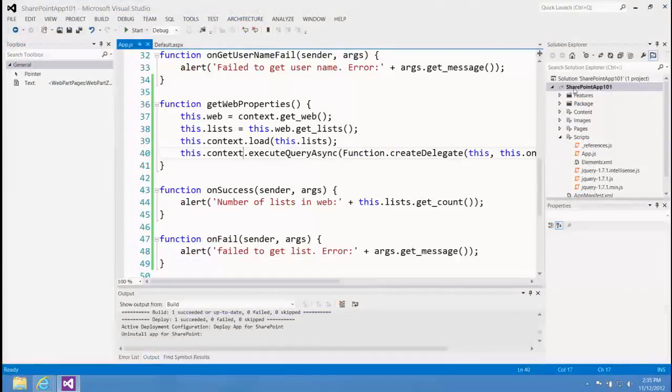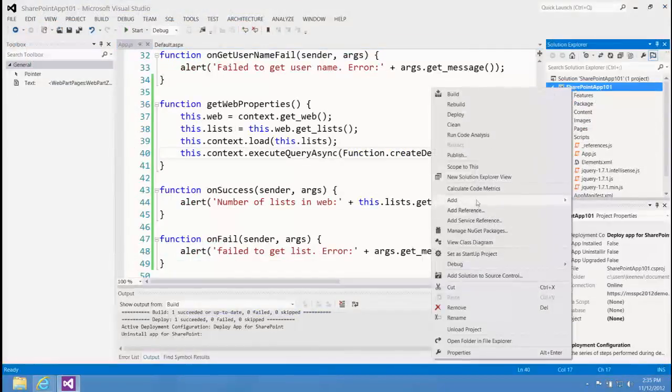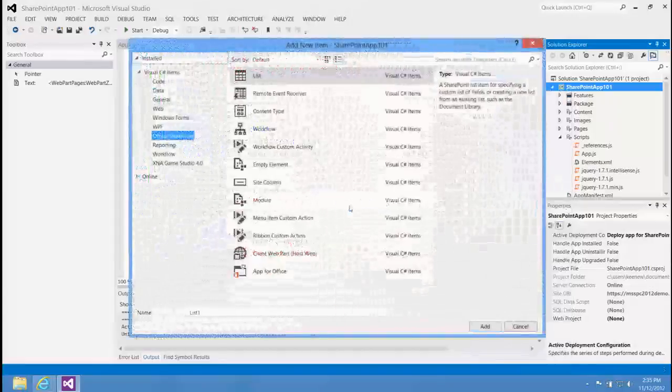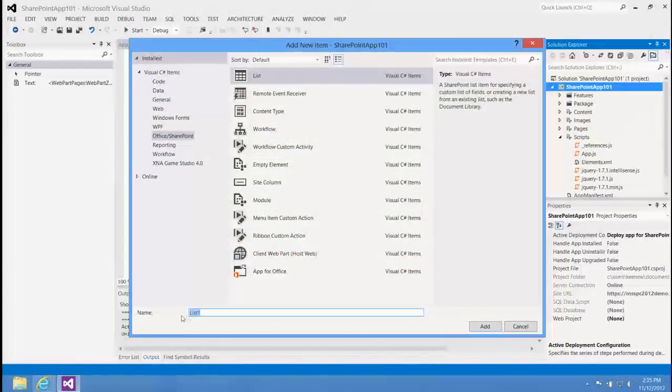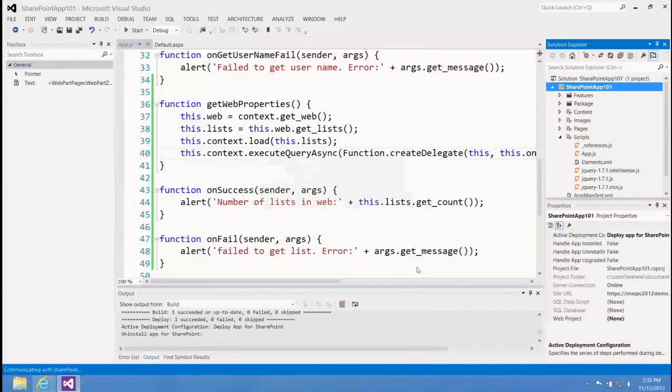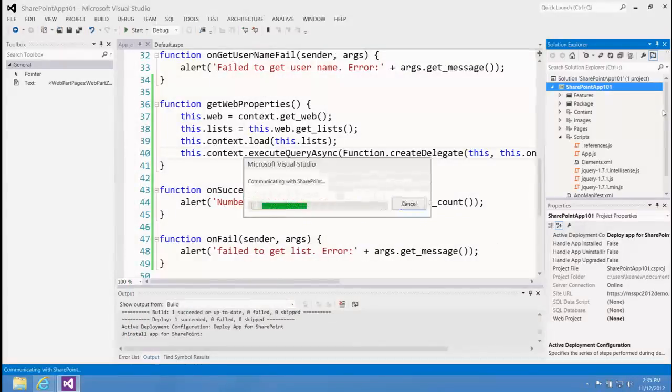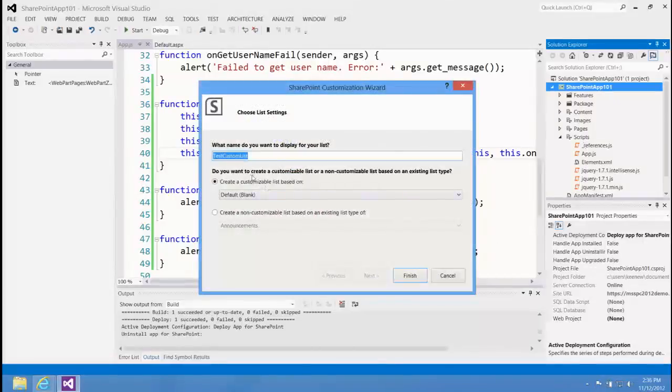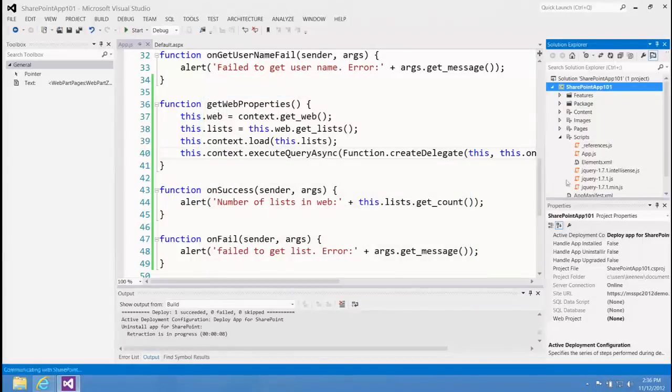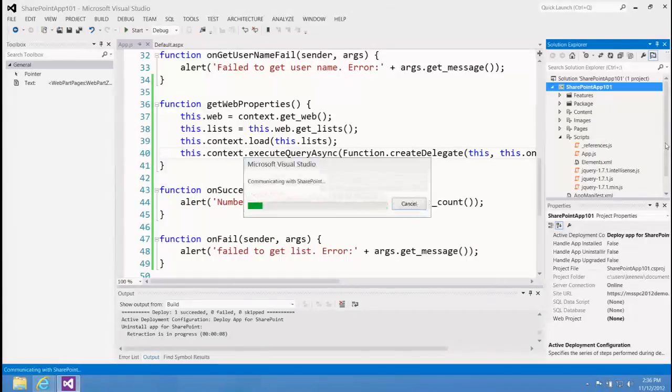I'm just going to go to Add, New Item. We're going to SharePoint List. We're going to call this list Test Custom List. I'm going to add it. It's going to ask me how I want to create the list. We'll just use the defaults here. Name is fine. Click Finish. And once we're done communicating with SharePoint,